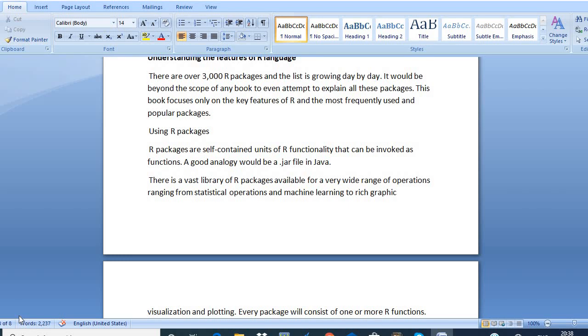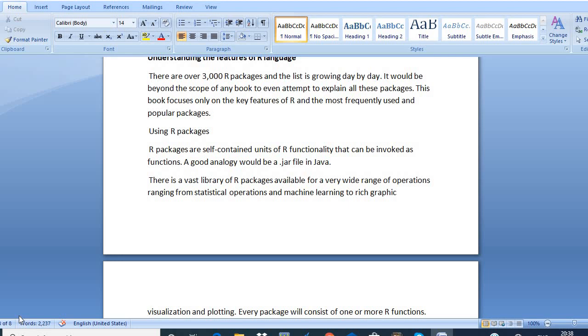Understanding the features of the R language. There are over 3000 R packages and the list is growing day by day. This book focuses only on the key features of R and discusses the most frequently used and popular R packages. Using R packages: R packages are self-contained units of R functionality that can be invoked as functions.